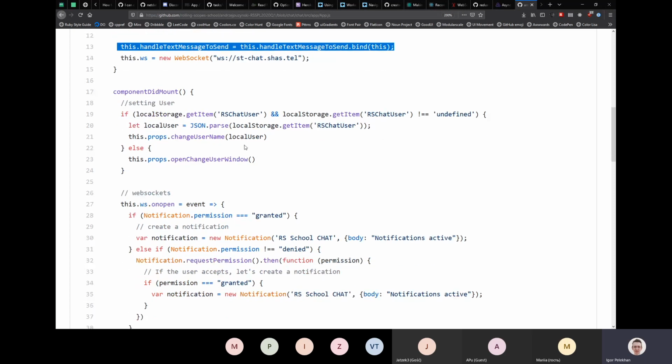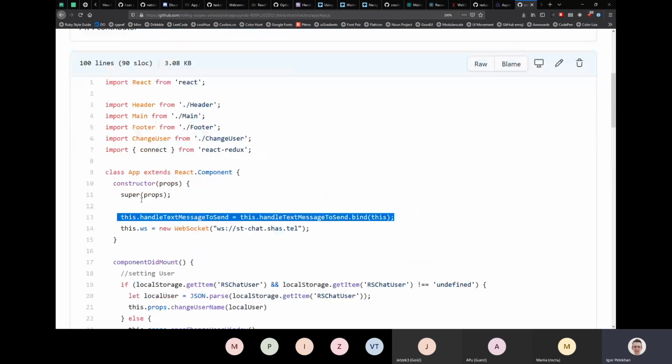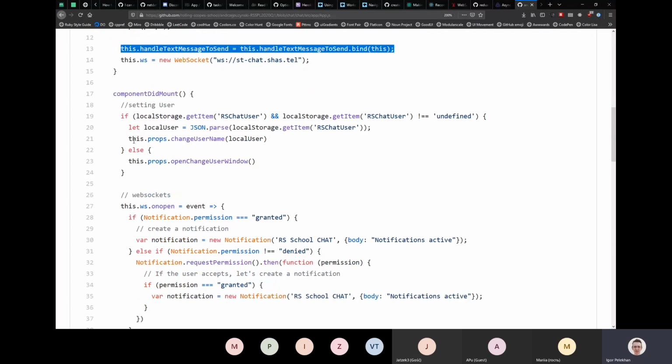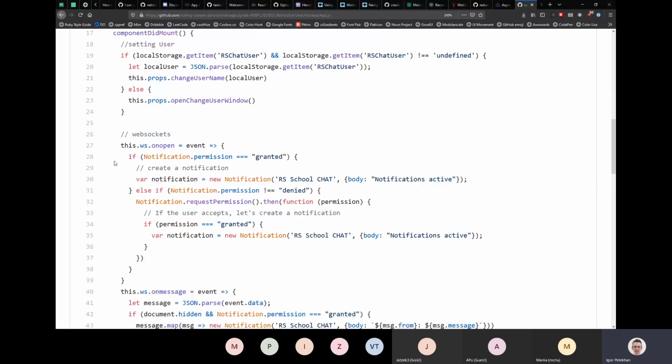You don't need to bind stuff. Arrow functions are already supported, especially since you're using class. So you can just write it like handleTextMessageToSend equals, the arrow function, and then your implementation, because that's the old way of binding things. Component did mount, I mean,